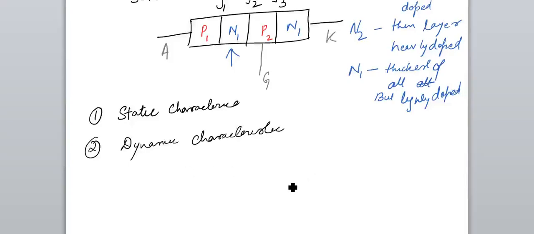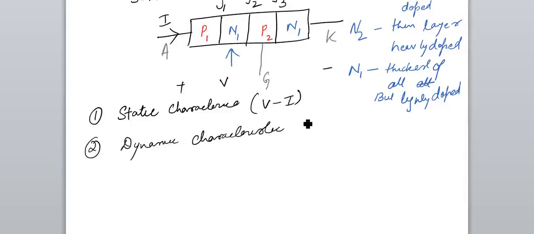Okay, static characteristics and dynamic characteristics. Actually, what we are doing is plotting a graph between V and I, where V is the potential across your device and I is the current that is flowing across it. This we will use in your VI characteristics. We also say that this is the static characteristic.